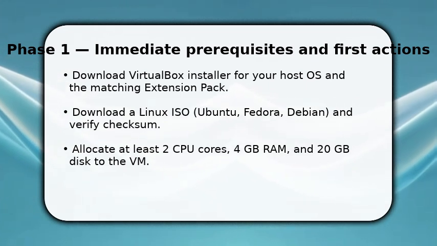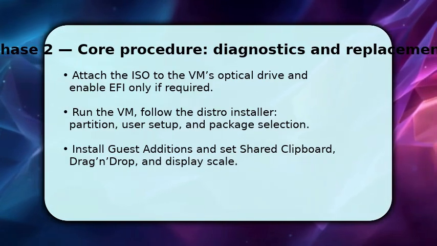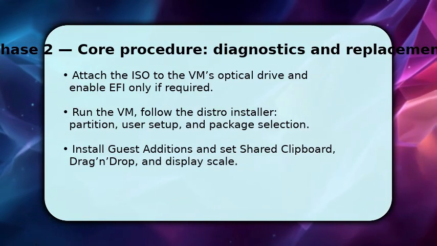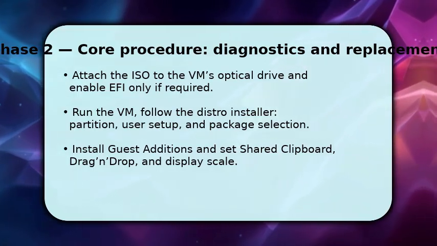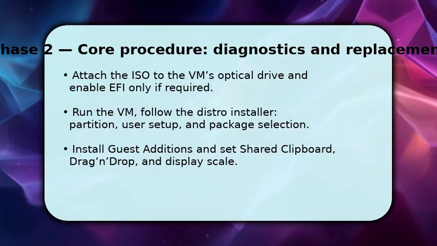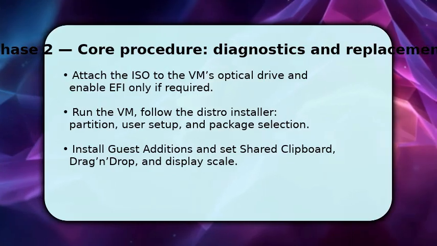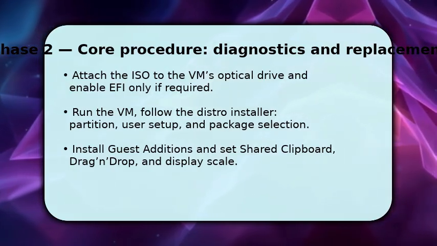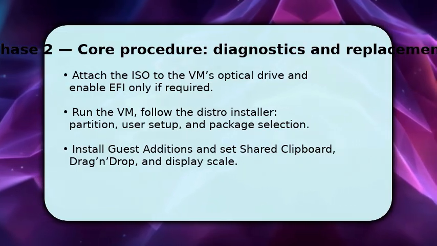You now boot the VM from the ISO and walk through the distro installer. Partitioning, time zone, locale, and user credentials. Choose guided partitioning unless you need custom LVM. Make sure network is set to NAT or bridged depending on whether you need external access. NAT is simpler. After the system installs and reboots, install VirtualBox Guest Additions inside the VM to enable shared folders